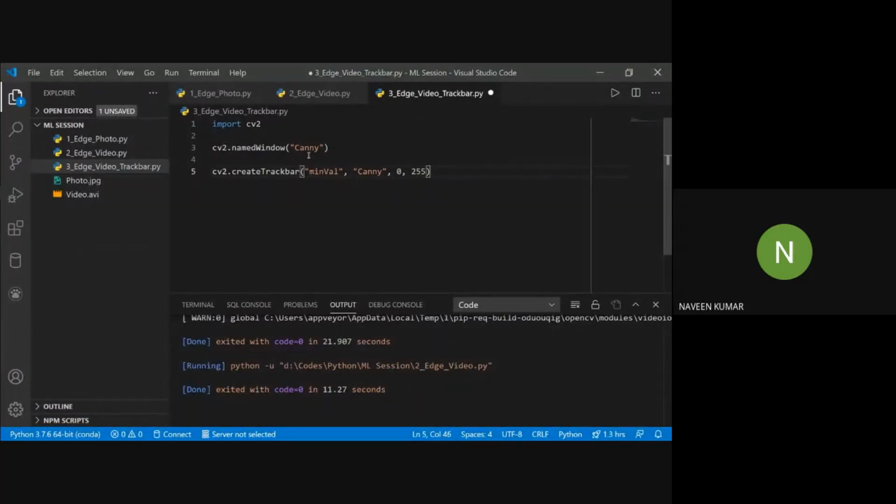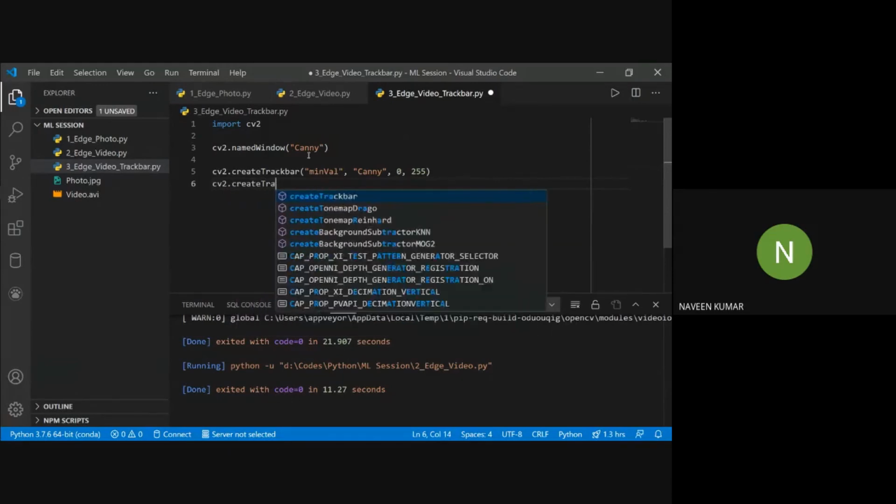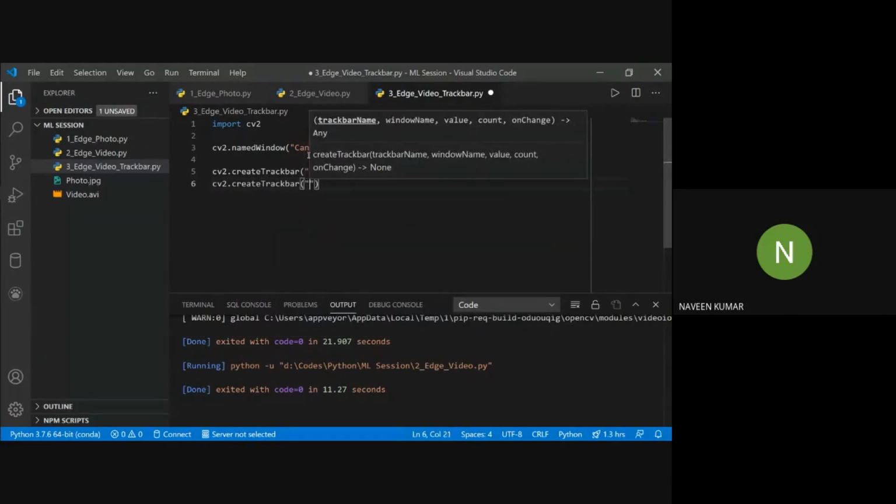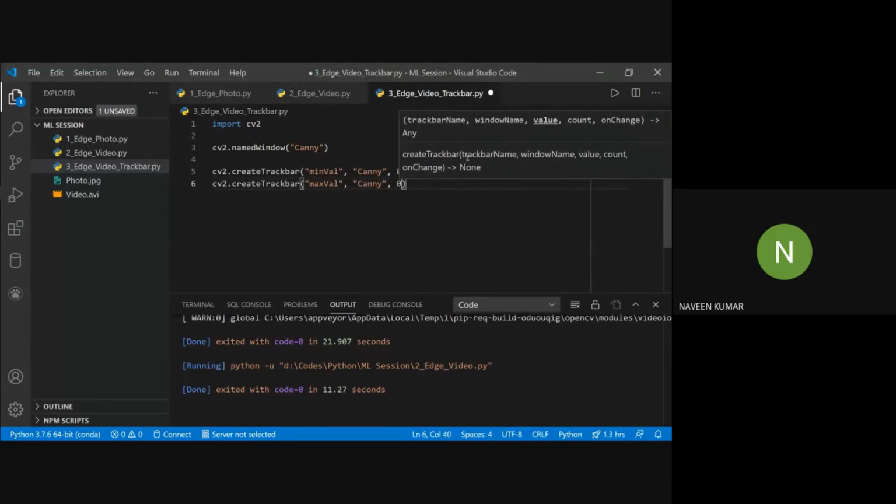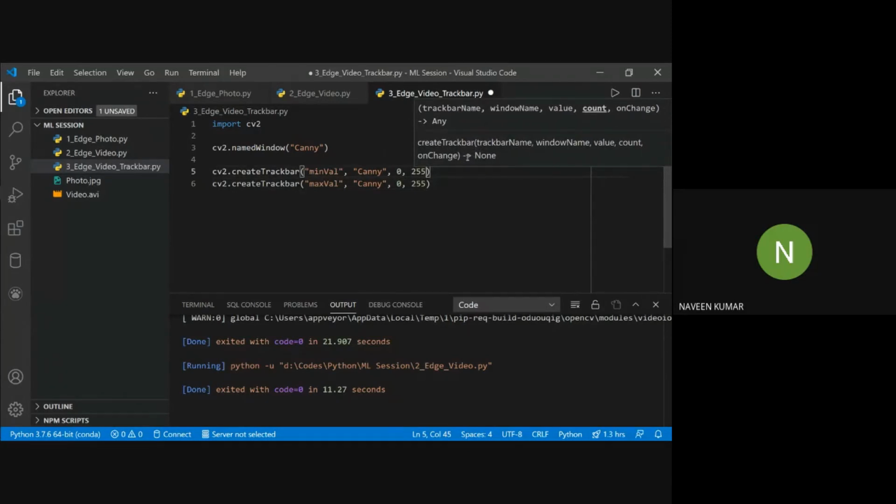Again, we will create one for maxval: name of the track bar, window name, then value from 0 to 255. Also, there is a fifth parameter.